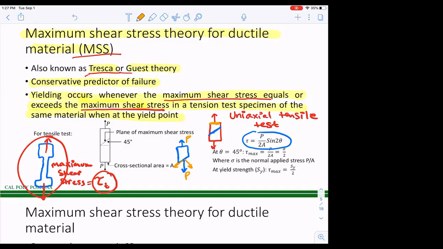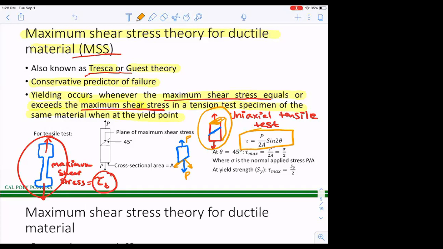Yes. Great. So for an inclined plane, if you remember, this was the formula. Theta, where theta is the angle. P is the applied load, and A is this cross section. This cross section is my A. All right. So this is the same as doing a tensile test, right? So in a tensile test, based on this formula,